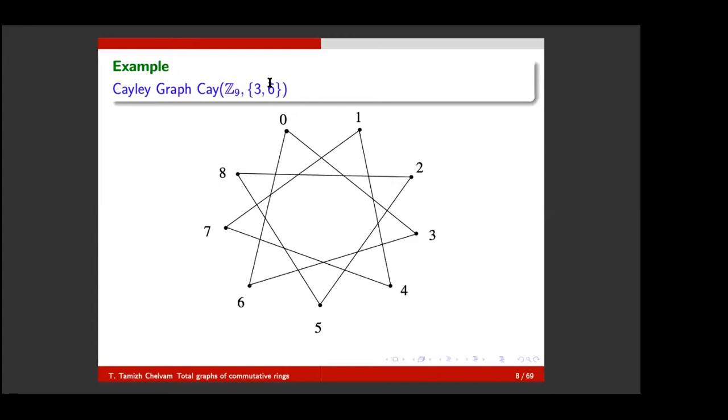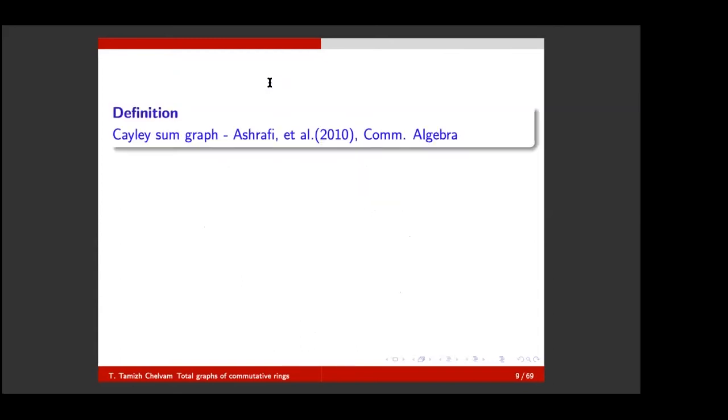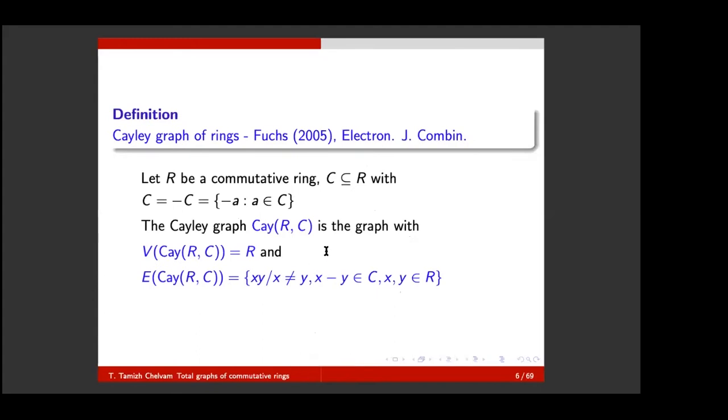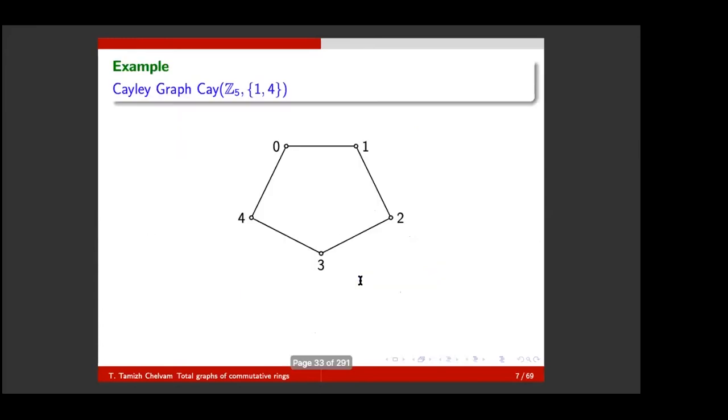And to find the automorphism group of a Cayley graph is a very complicated problem. Certain cases have been dealt with through the automorphism group of a commutative ring, especially the ring of congruence modulo n classes. So that was the Cayley graph. Please look at the definition of adjacency. It is nothing but x minus y is an element of C.